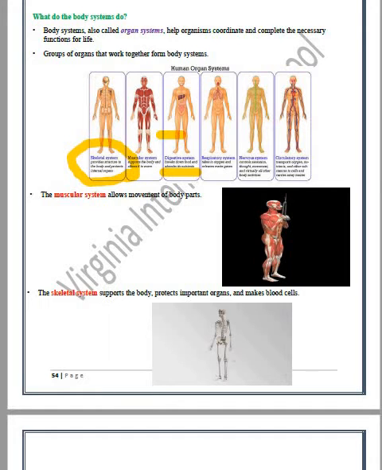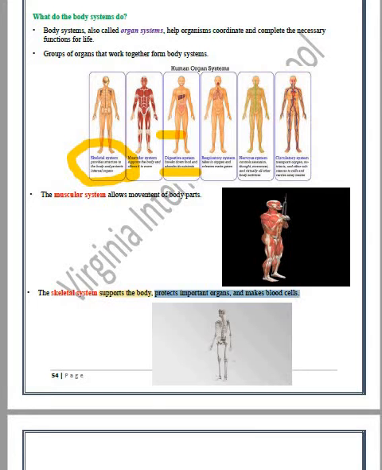So it's gonna protect it, like the skull. The skull is bones that surround the brain and it protects it from any sudden damage. Also, the rib cage is hard bones around the lungs and the heart, and it's gonna protect it from any damage. Okay, so the main function of the skeletal system is to support the body and protect important organs